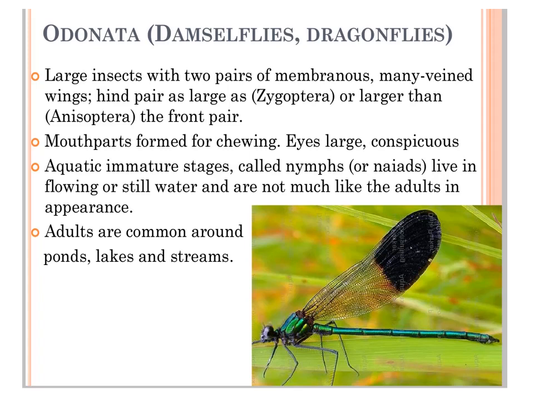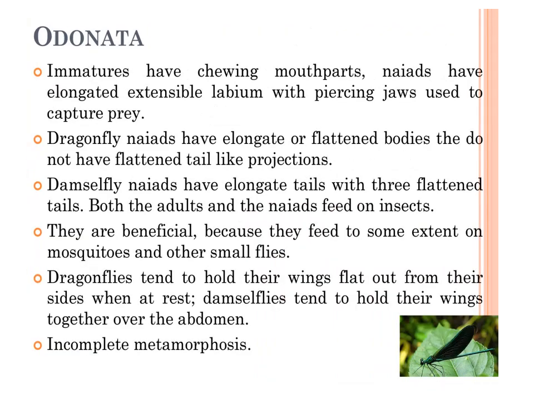Now we will talk about the important characters of the nymphs. The immature stage is entirely different in terms of habitat. The adults are aerial, but the nymphal stages and egg stage generally use the aquatic habitat. So what are the important characters of these immature stages, particularly the nymphs? Nymphs of the odonates, like the Ephemeropterans, are called naiads.